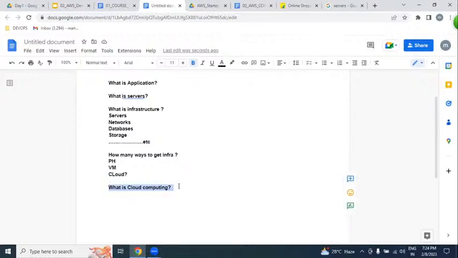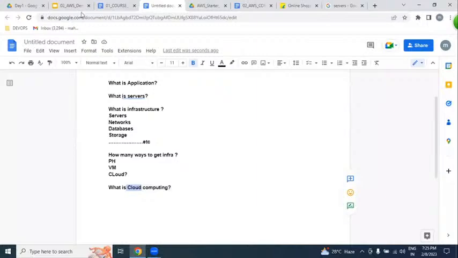My question is very specific: what exactly is cloud computing? Listen very carefully. Remote placed resources, like remote placed computing power, if you can access them over the internet from your laptop, is nothing but cloud computing.